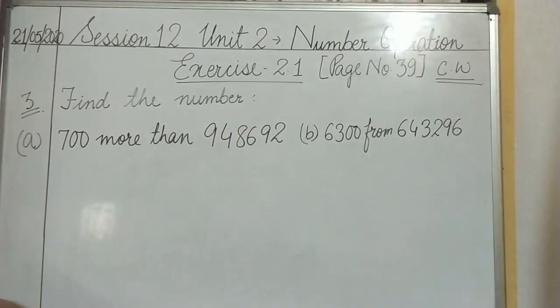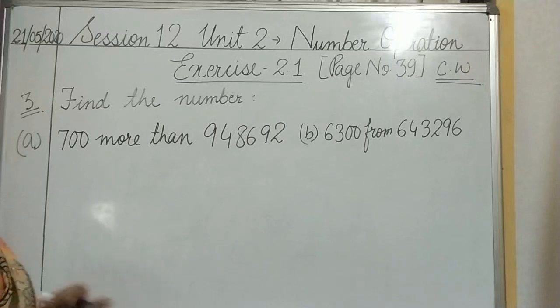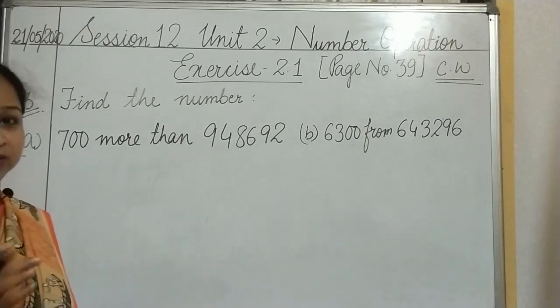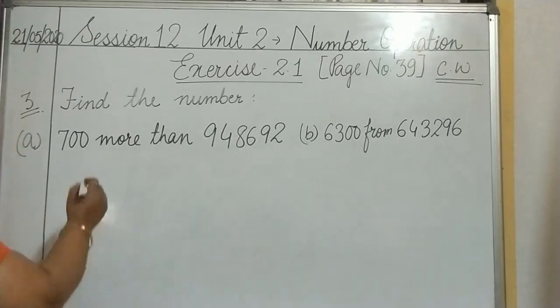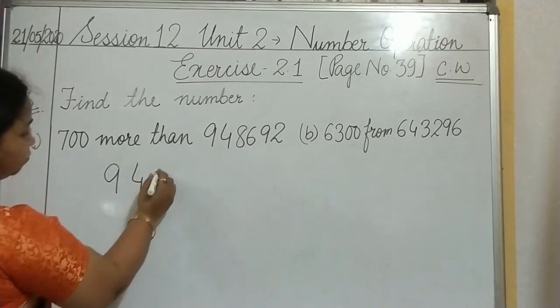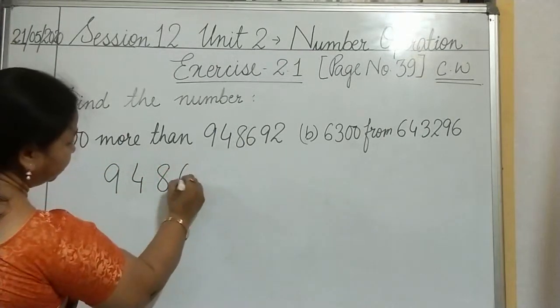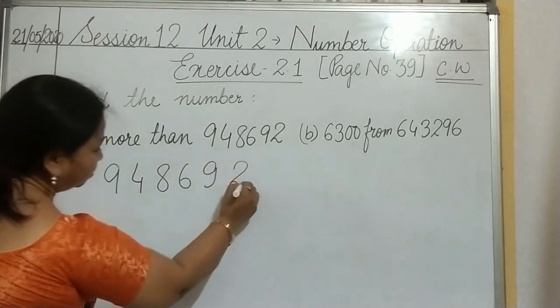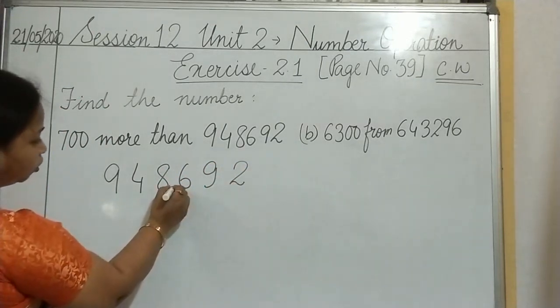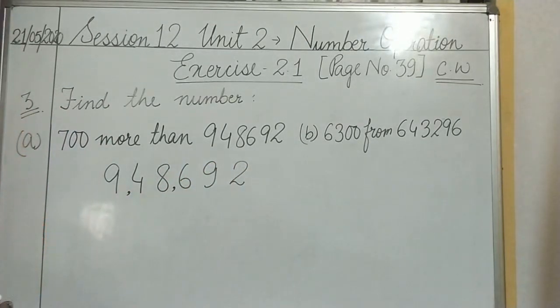So what we will do, we will first write down this number using our Indian place value system. Okay, do not worry, I am not going to ask you to write down the place value chart. I am just going to ask that you utilize the commas, and that will make it very easy and simple to identify the numbers. So first of all, we write down the numbers like this: 9, 4, 8, 6, 9, 2. See, then what you have to do? I told you to place the commas. Fine. So this is the number given.